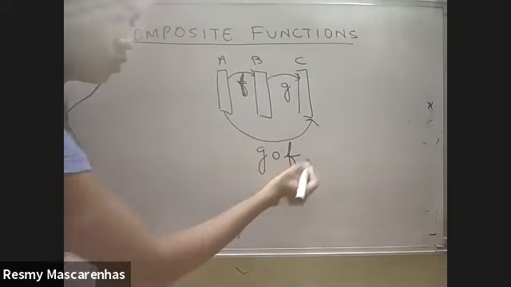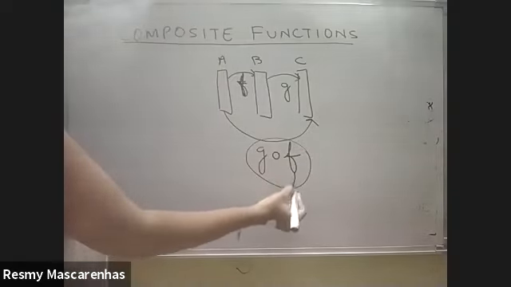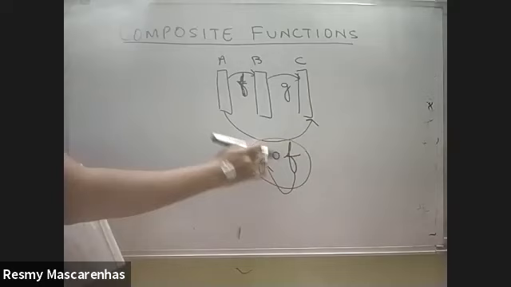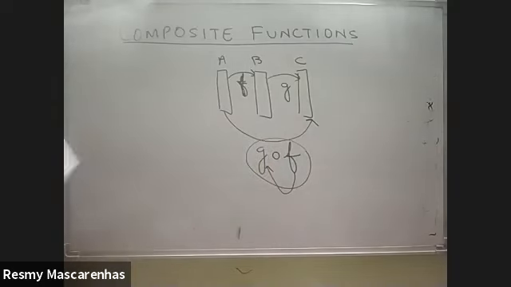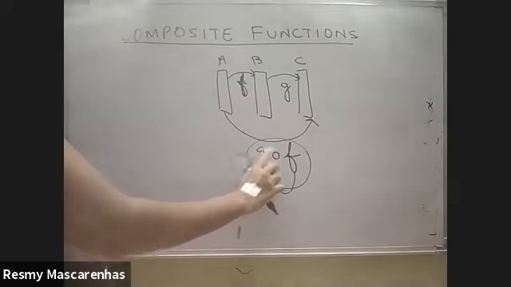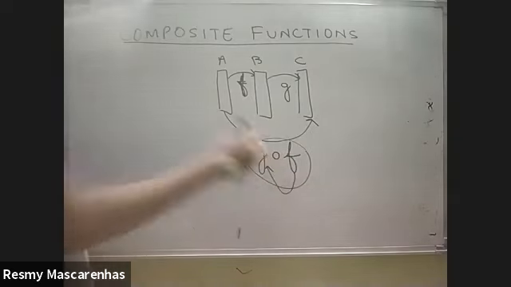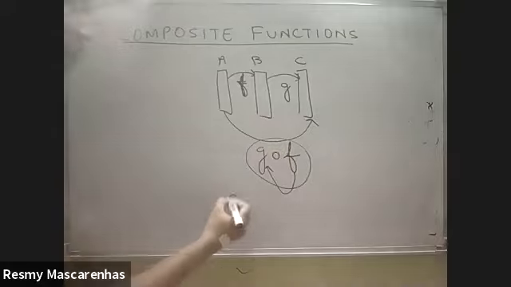Whenever you are reading GOF, always you have to read ulta, reverse. Means what? F you have to substitute in G. There will be two functions given to you. One will be F and one will be G. So while reading, you have to always read it reverse. G you don't have to put in F. F you have to put in G. Okay, so GOF means